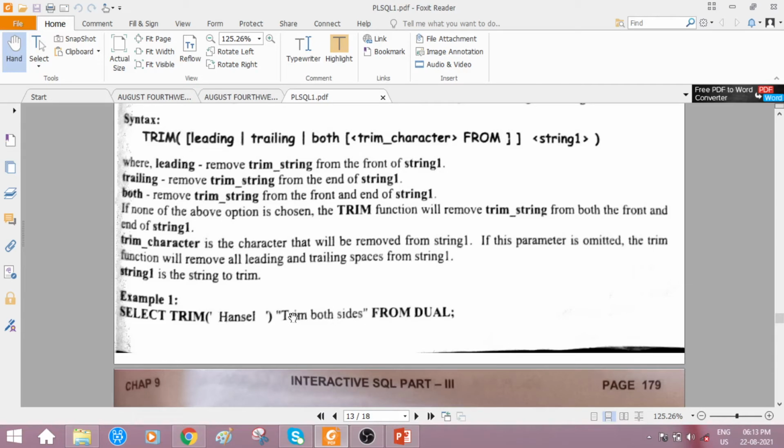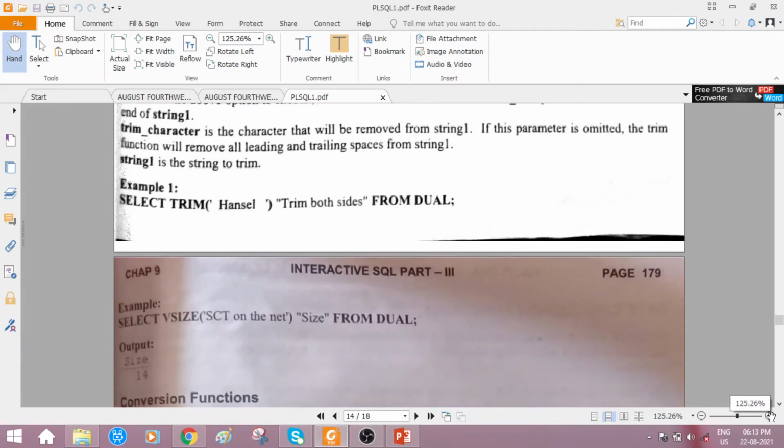The column heading is trim both sides, from clause followed by DL. Just check out the output now. Here the output is simply Hansel, where you won't find the empty blank spaces. They will be removed.